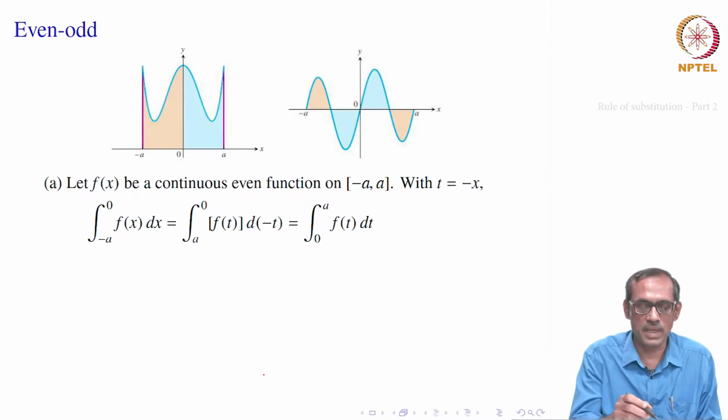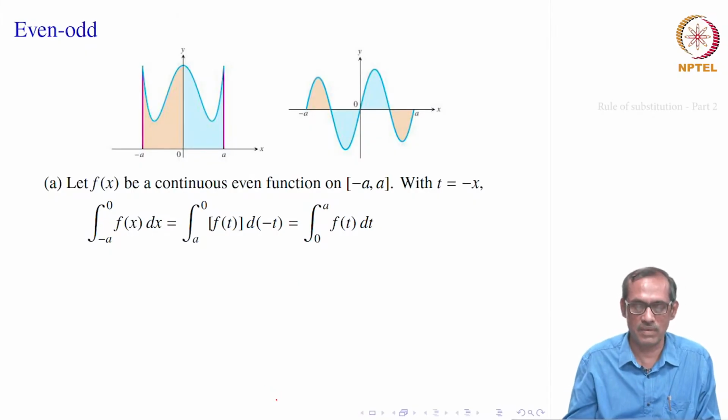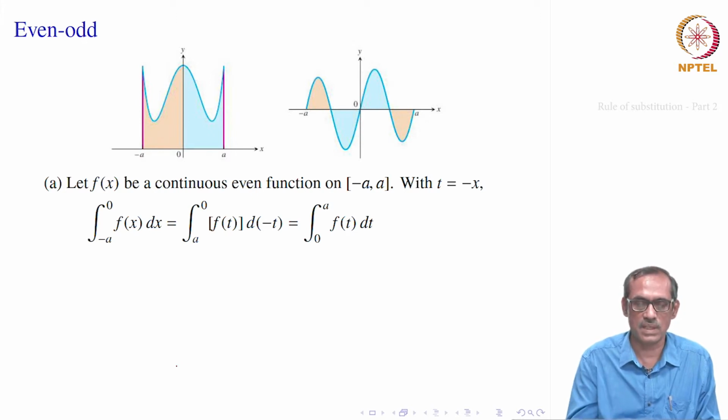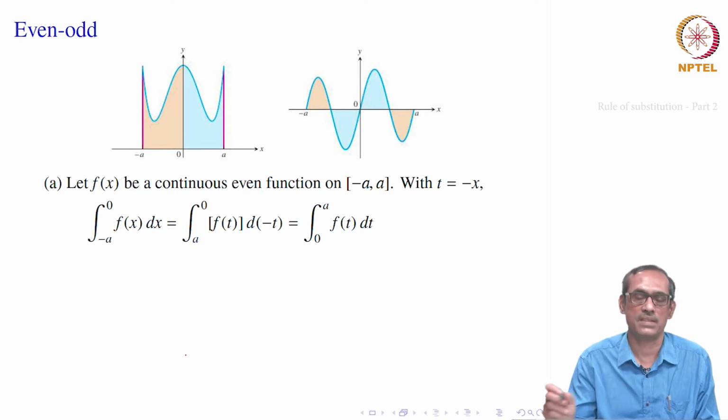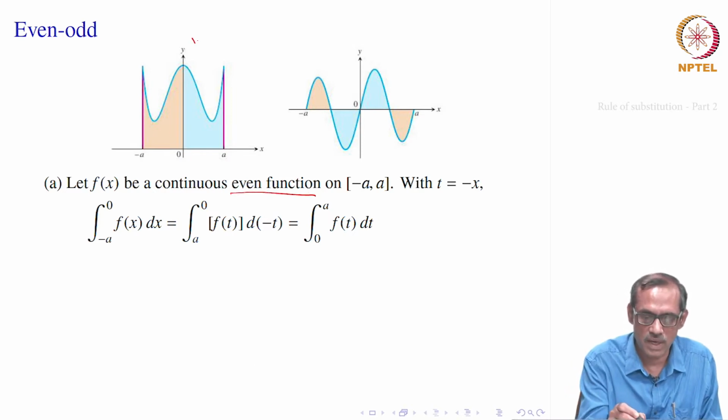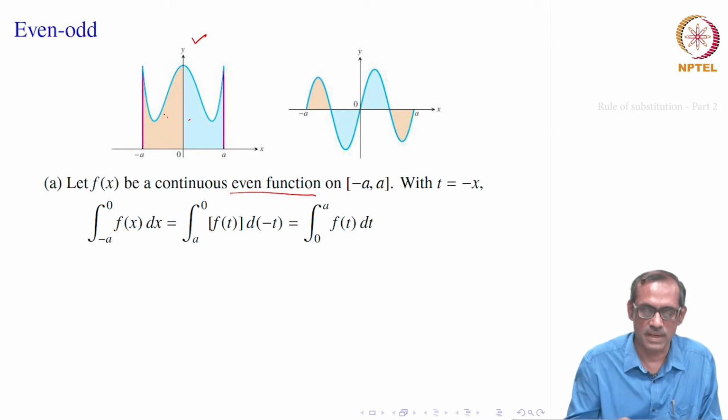So, it has to do something with even and odd functions; they will be helpful in this substitution while getting the integrals. Recall what an even function is: on the negative side, f of minus x will be equal to f of x. That is how even functions are. And for odd functions, f of minus x will be equal to minus f of x. So, suppose we have an even function, so that means f of x equals f of minus x, right.